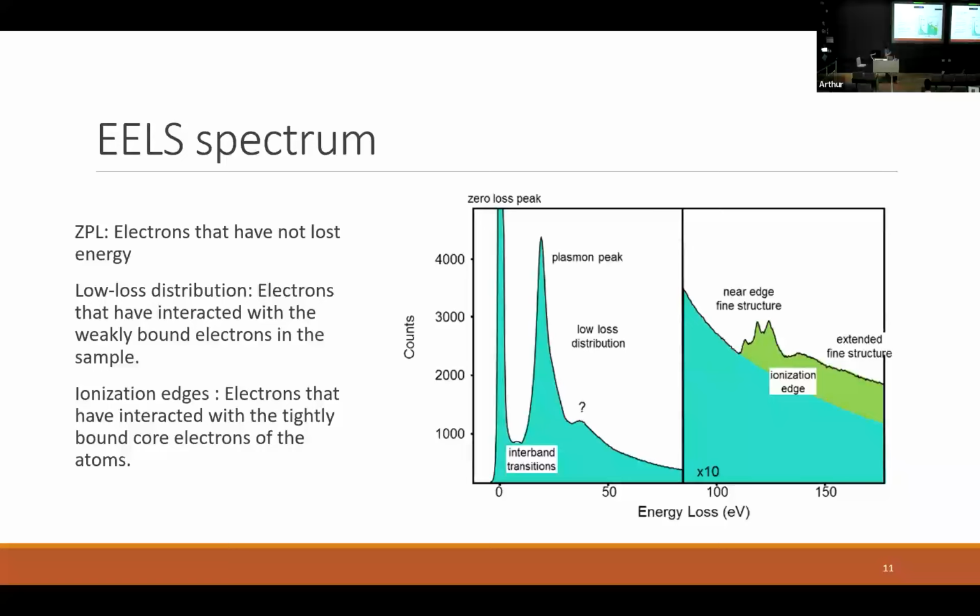We then have a bunch of low energy electron transitions, which are down here. And then going down to lower and lower intensity, to make it clearer, what we've done is magnify the y-axis tenfold at this point, and then we see these weird bumpy things like this here. And these have a lot of information on them. They're called ionization edges, and we're going to go into some more detail about what these are shortly.